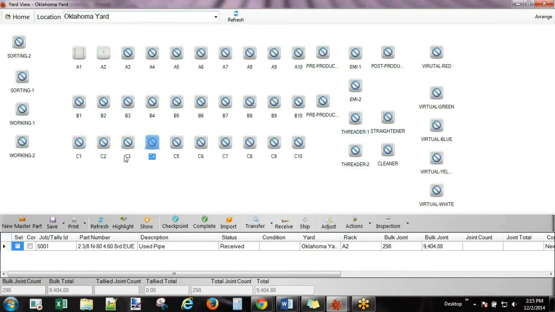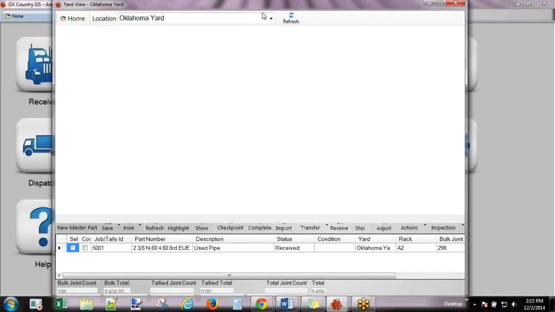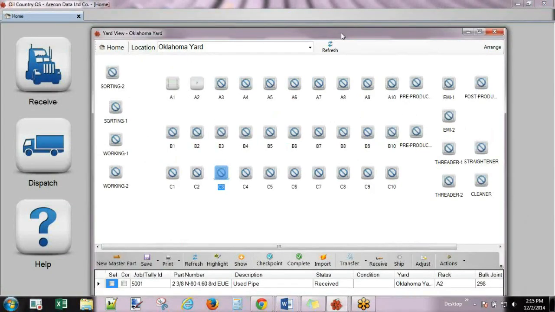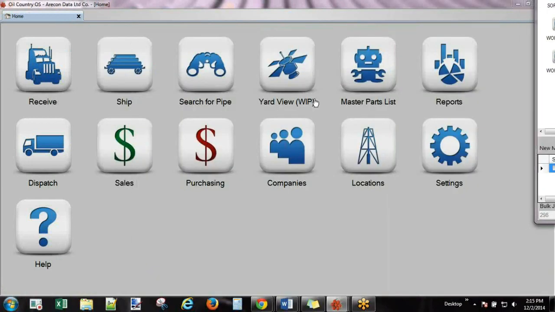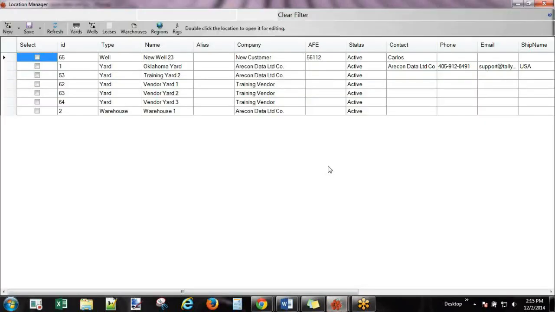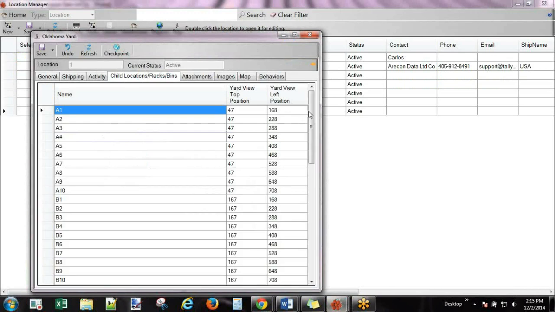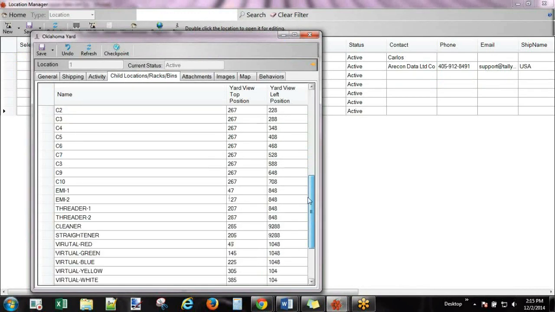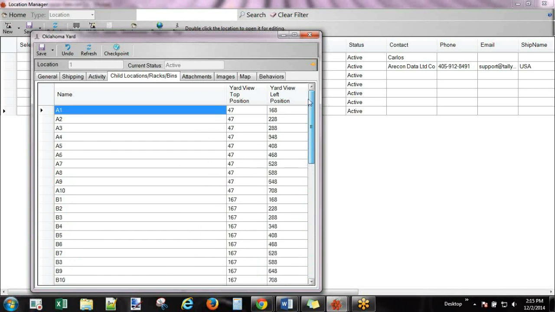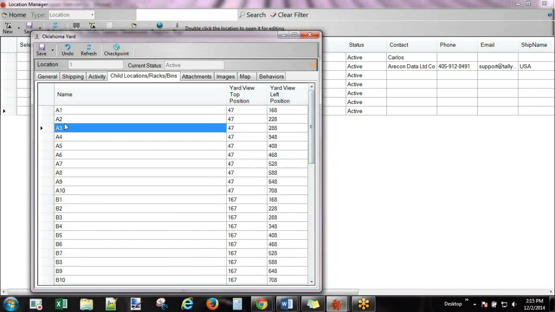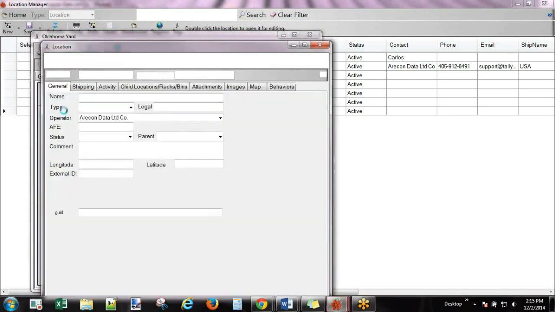this, right? So let me show you where to go and get rid of some of the racks that you don't want or rename them. So we're going to go to the Oklahoma yard. I'm going to click on Child Location for Racks Bins. This is where they're set up. Okay? So if you want to rename them, you can. So I could call this